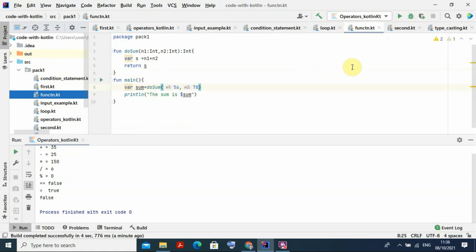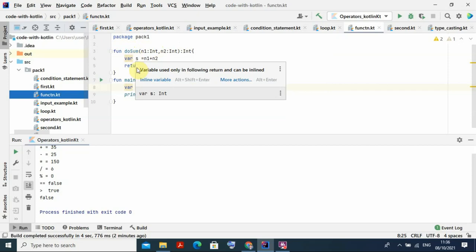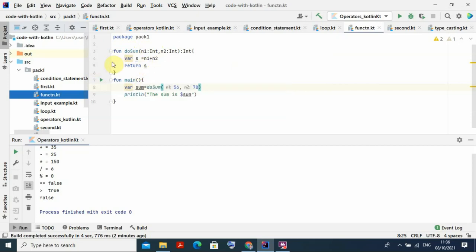For example, I write a function, the name I can give it doSum. I am writing fun here, the name I give doSum. Then what are the parameters I am passing? n1 is Int and n2 is Int, and finally it returns Int. Then var s, then s is equal to n1 plus n2. That s is the sum. You can return s. This is the return type. Are you following me? So I declared a function. My function name is doSum and I am passing the parameters n1 colon Int, comma, n2 colon Int, and this doSum returns Int. And finally I am putting var s, adding n1 and n2, and I return s. So this is the thing, I created a function.